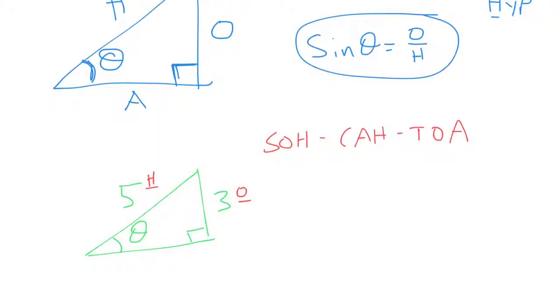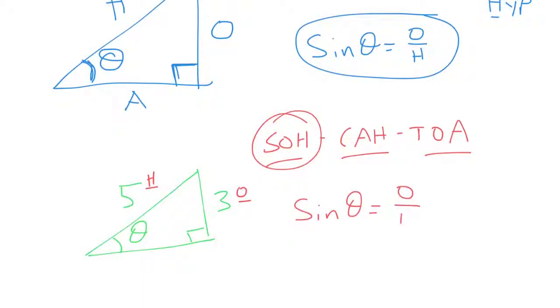So we've got the O and the H. The only one out of these three that has the O and the H is the SOH. So we would write then sine theta equals opposite over hypotenuse, which in this case, sine theta equals 3 over 5. So whatever the angle for theta you get,